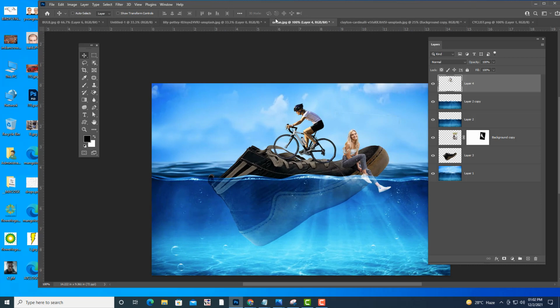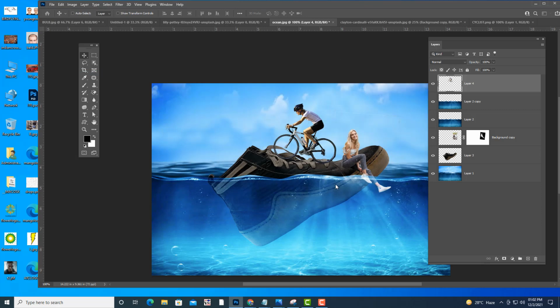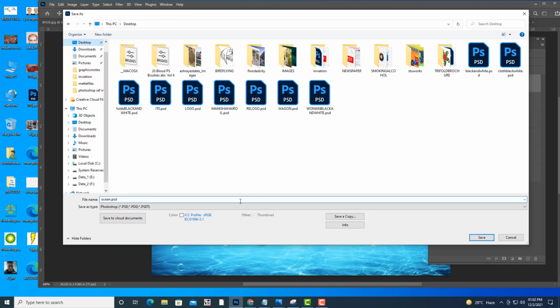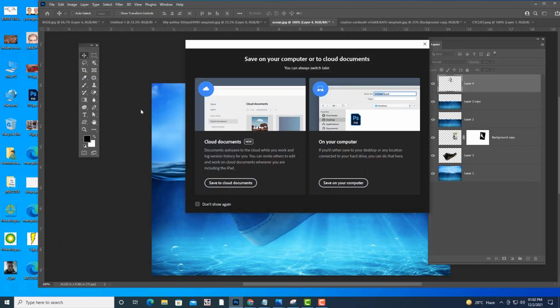So we'll save this as giant shoe, or monster shoe, we will say monster shoe. Here we are getting one problem, so we will save a copy.